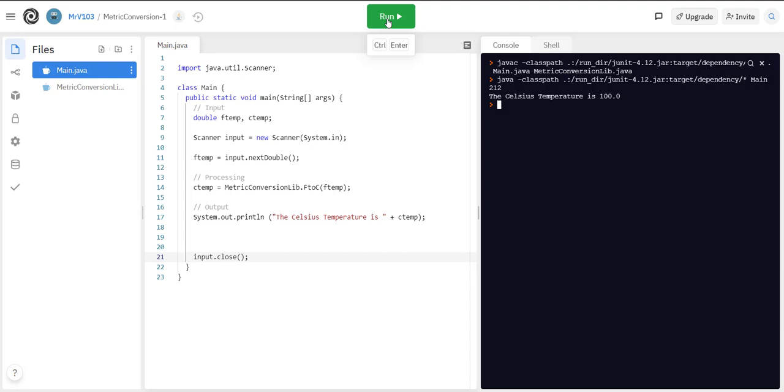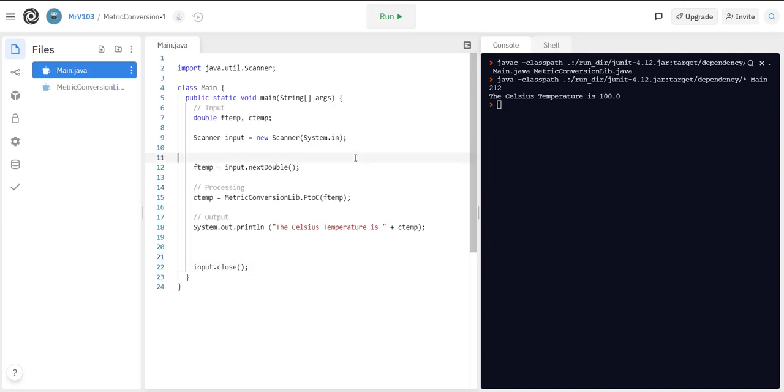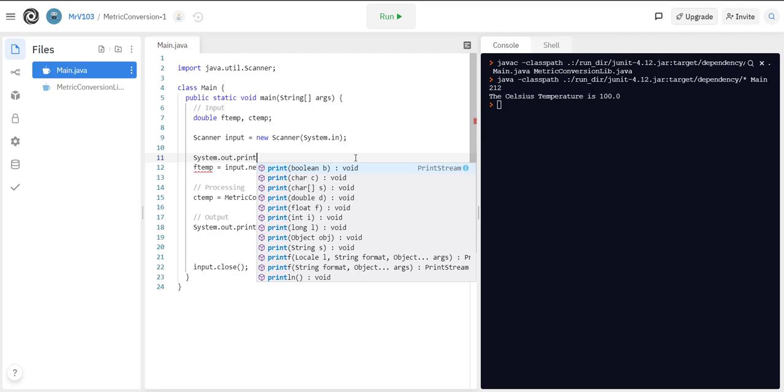But again, this isn't very good because the user can't tell what they're supposed to type in. We didn't give them a prompt or some text to say, hey, could you put in a Fahrenheit temperature? So let's do that now. We'll try right here. We do System.out.print. Notice it's not print line. What are we printing? We say,